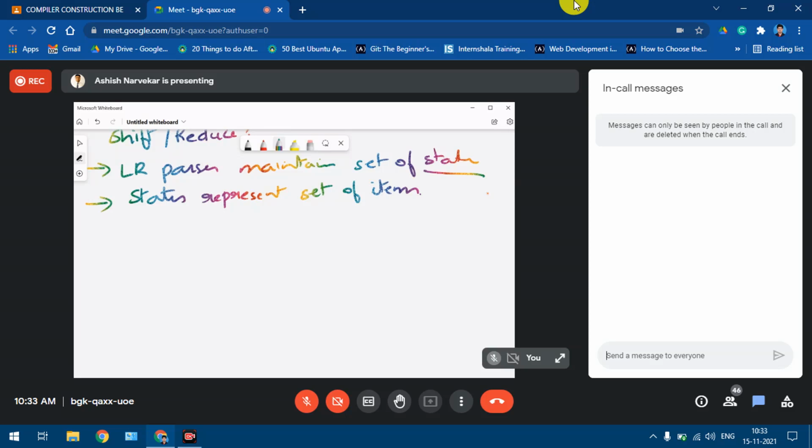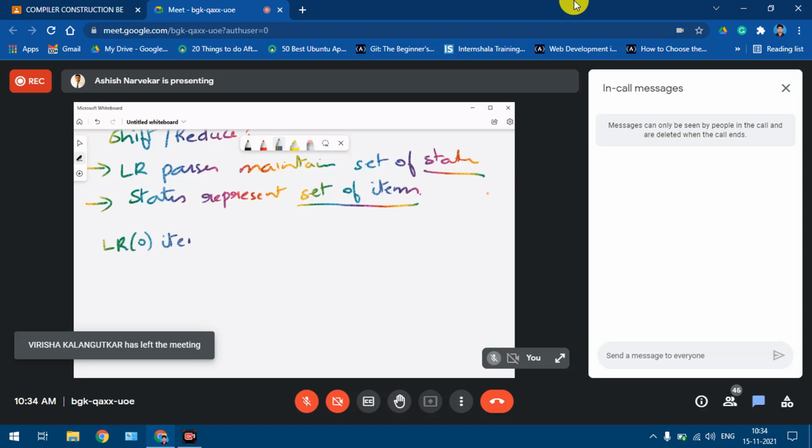So when I said set of items, in the case of the LR0 parser, what we have is something called an LR0 item.